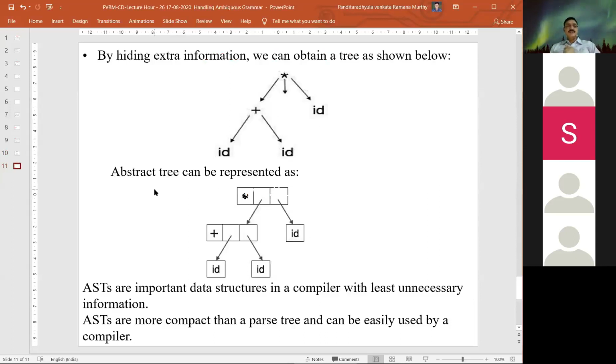The abstract syntax tree can be easily represented using linked list notation: plus, multiplication, and for this multiplication we have the ID and one more operation. This plus is represented by two links. So abstract syntax trees are important data structures in the compiler with the least unnecessary information. Abstract syntax trees are more compact than the parse tree and can be easily used by a compiler for executing without any